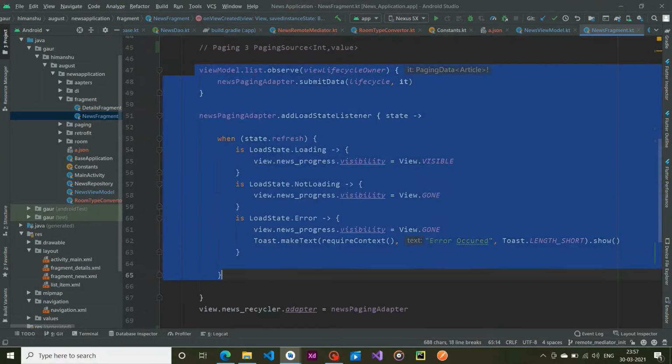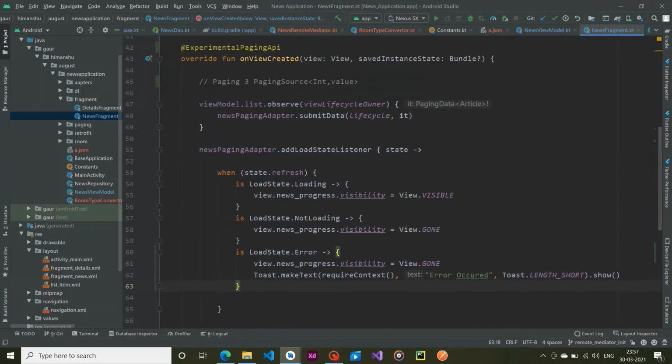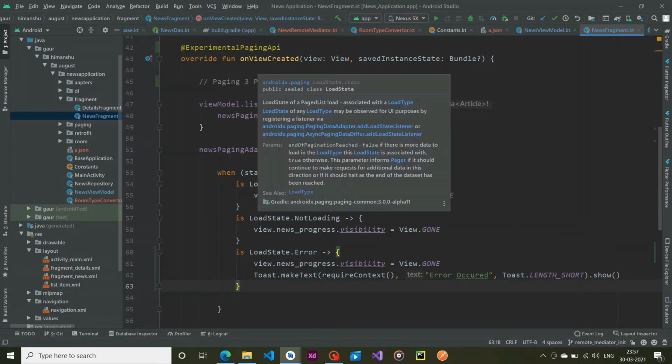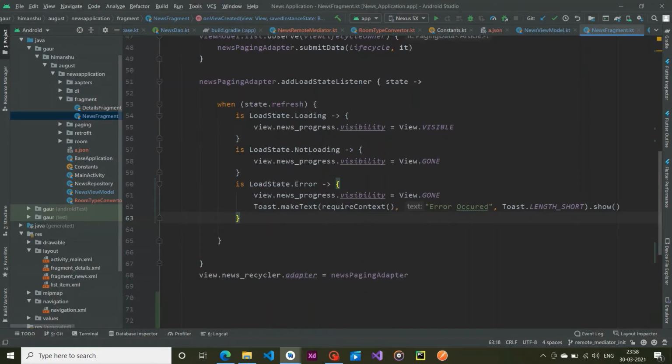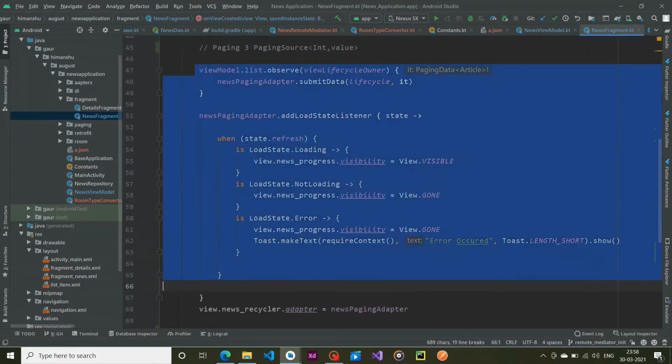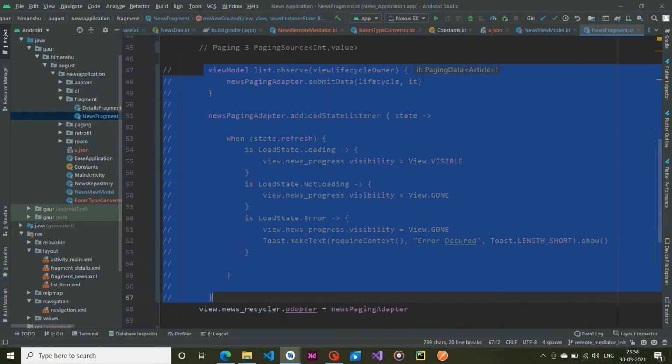We have live data, and we are observing this live data, and depending on the state we are showing our progress bar. Now I'm going to comment all of this out, except for my news recycler.